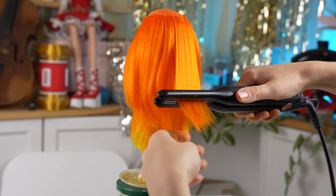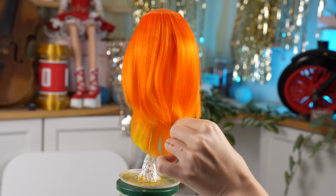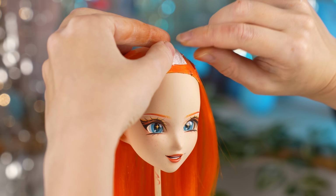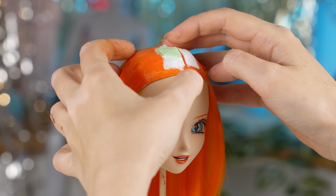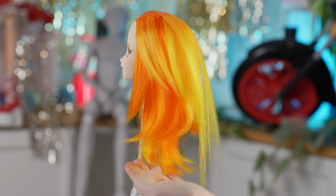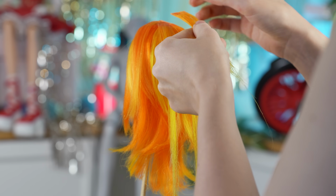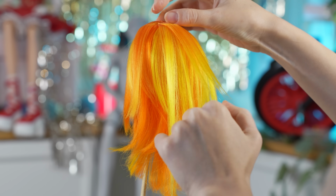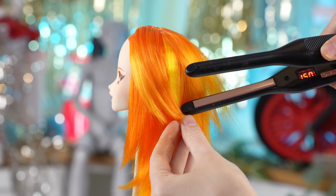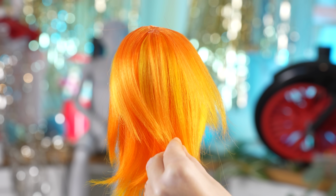There was a lot of hairstyling with the hair straightener. Sometimes I curled the strands this way and then that way to finally go back to the first position or even cut it completely. Before I add the top layers of hair, I'm making two bumps from glue and tissue paper to be a parting. Then there's a bit more gluing and curling, and then a bit more gluing and curling again. I have this lighter yellow fiber and I thought it would look cool if it peeked through the orange fiber, but later I changed my mind and covered them with a super thin layer of orange paint to make the